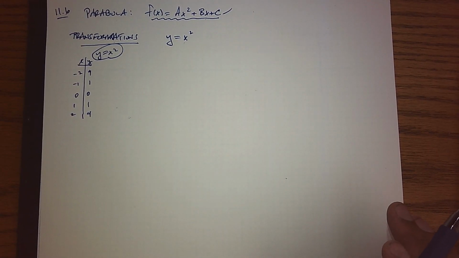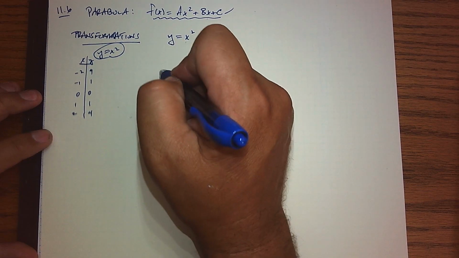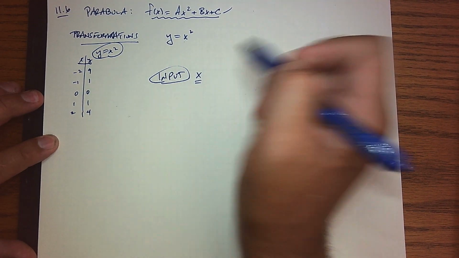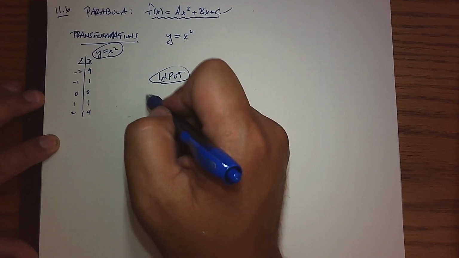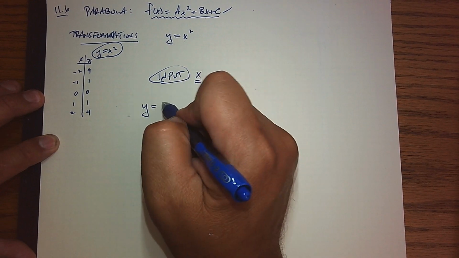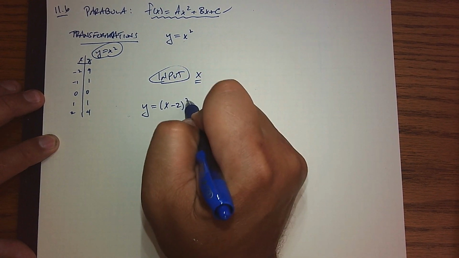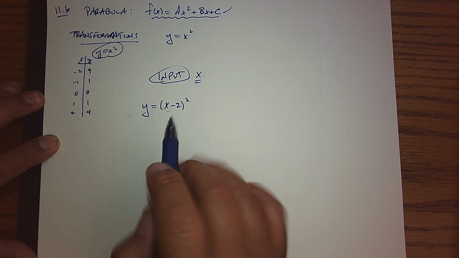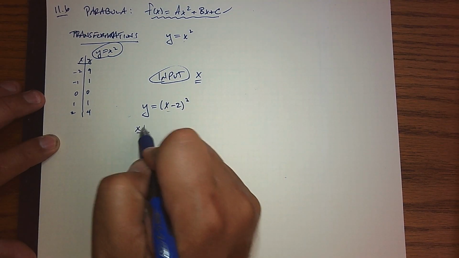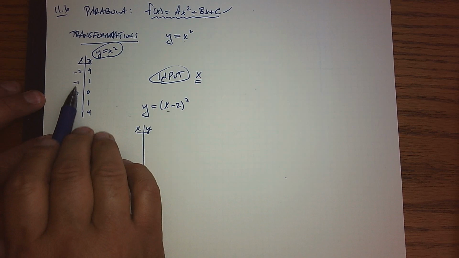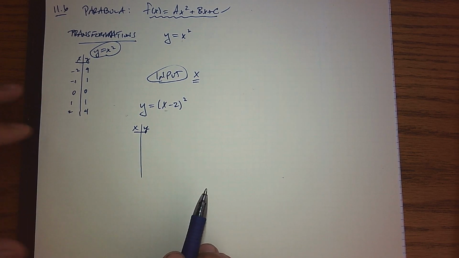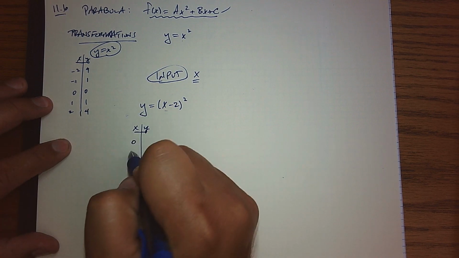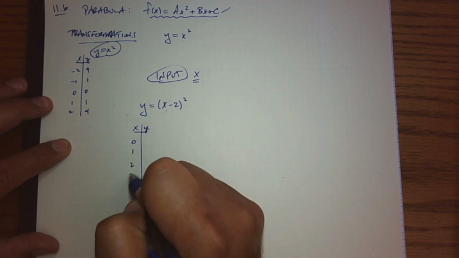The first transformations we're going to consider are those that impact the input. And of course, we know that input is going to be x. So this is what it's going to look like. Let's graph y equals (x minus 2) squared. Notice I'm taking all my inputs and subtracting 2 from the input. It's almost like taking this grid here and subtracting 2 from them all. Because I know what's going on, I'm not going to subtract 2 from these; I'm actually going to start at 0, put in a 1, a 2, a 3,